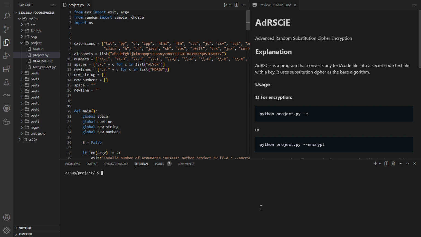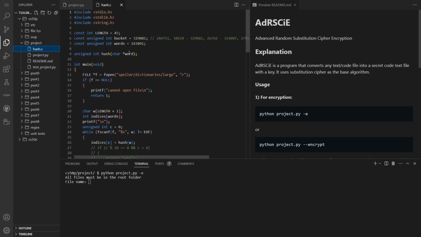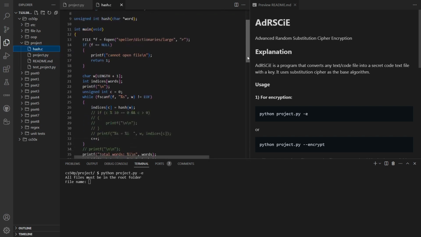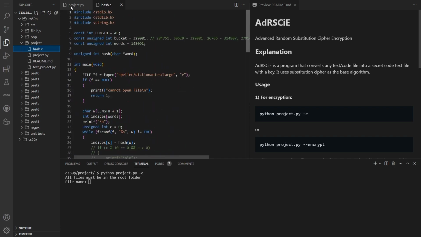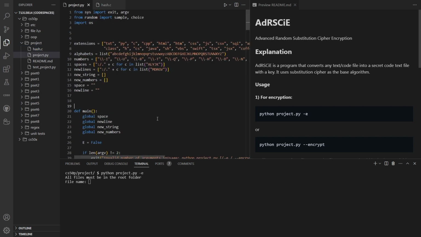It will ask for a file name. So here I have a file called hash.c. It is a C file which I wrote a while back, and I'll type in hash.c. The file that you want to encrypt should be in the root folder, and it will generate a file